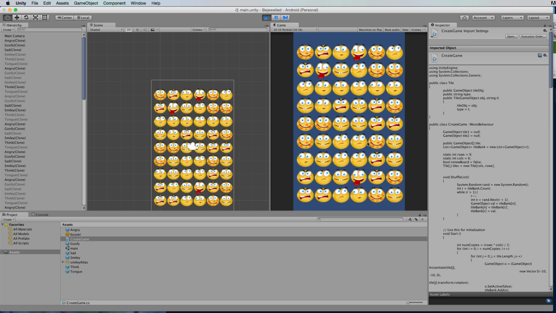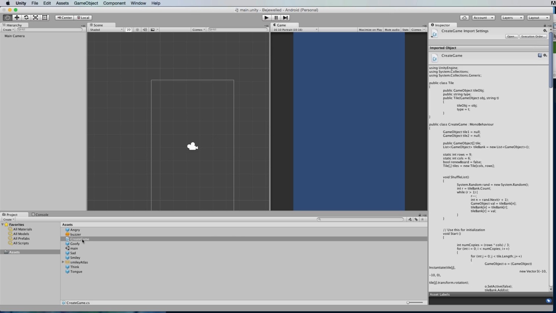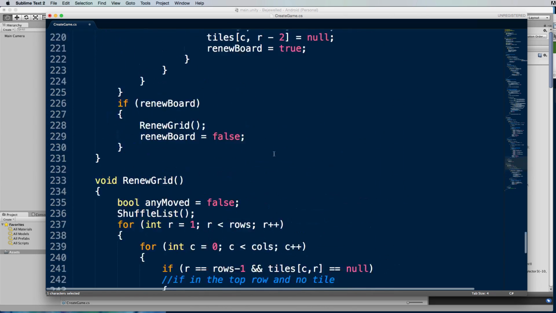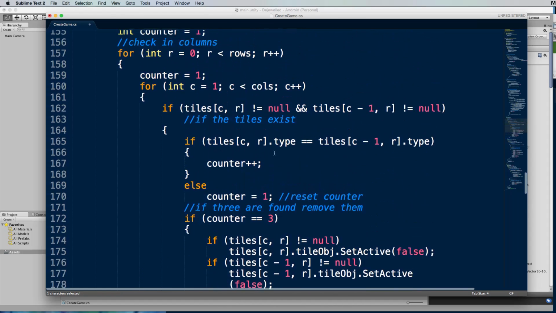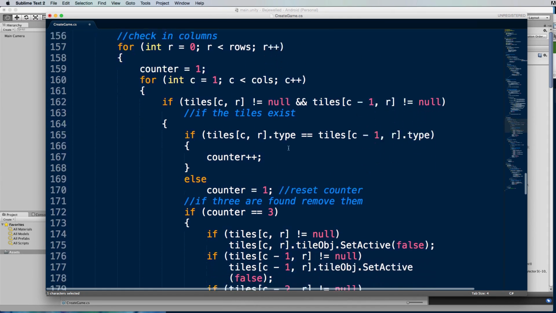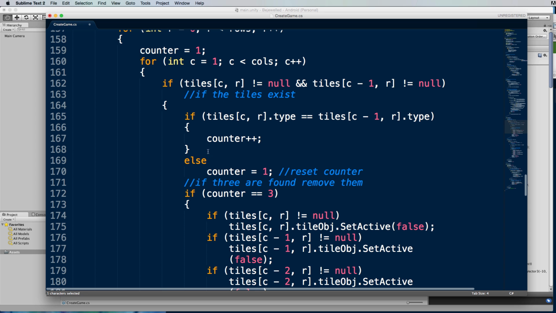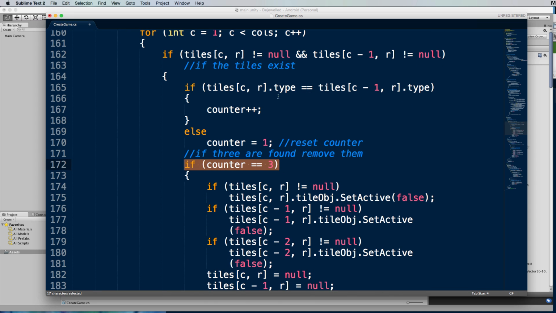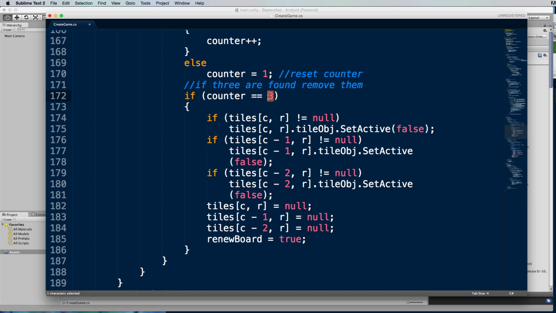That's the basic mechanics behind Bejewelled and the match 3 mechanic. And if you want to get fancier, you can match 4, have bonus points for that, match 5 or match crisscross, which will just come down to doing more checking in this create game function. So the part that we're checking in is, if we just go up a bit, check grid. Okay, so this is checking for 3 in a row because it's saying, if our counter is counted up to 3, then we've obviously got 3 in a row. You could change this to 4 and it would do 4 in a row. You could change it to 2 in a row, that kind of thing,